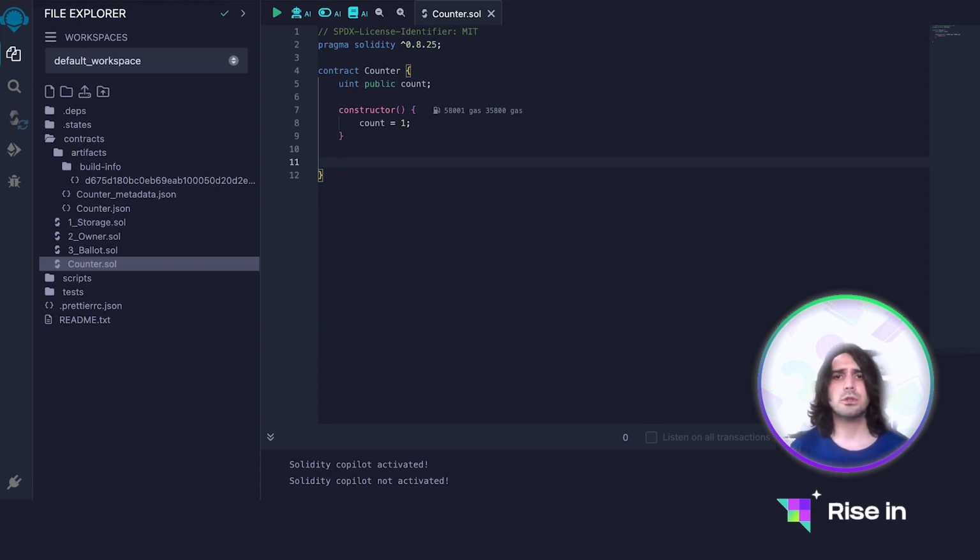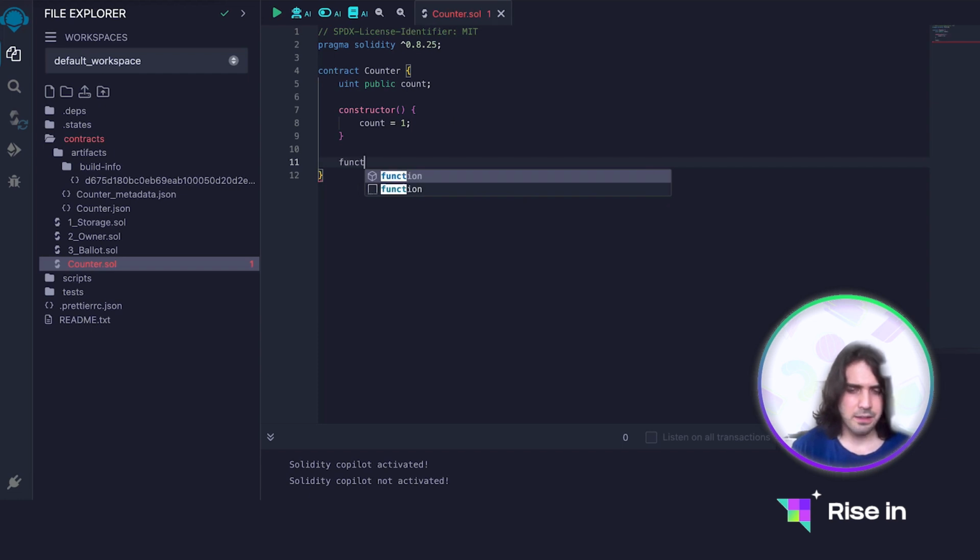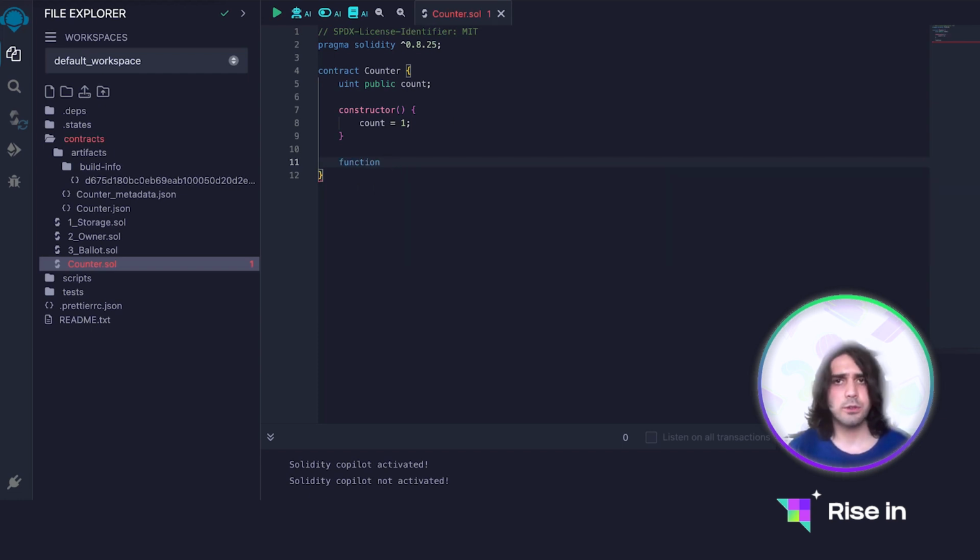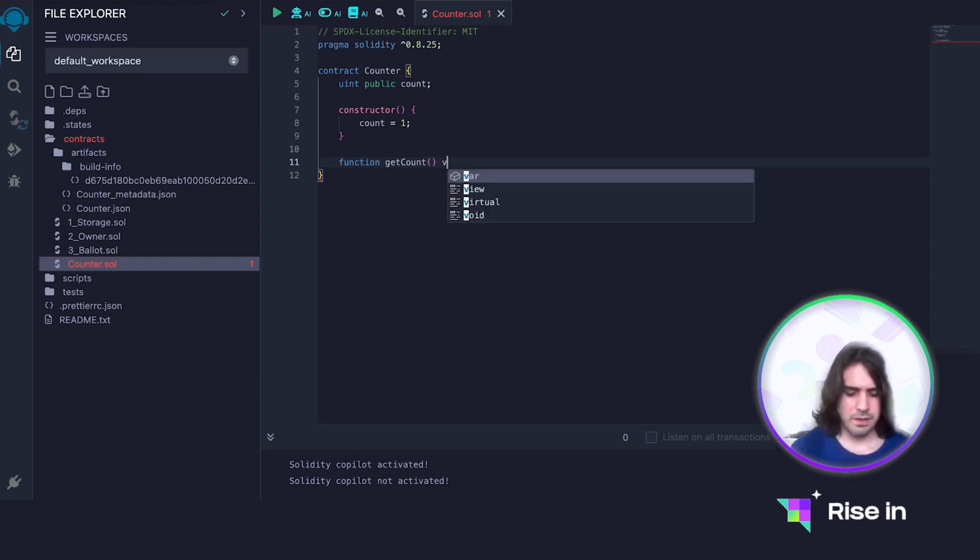So if I want to learn what the count is, I can call, let's say, a getCount function. But if I want to change the count, then I will need a setCount function, which is going to be an execute function. And since we are going to change some data, we are going to pay a gas fee for it. Now let's say function, and that's how we are going to define our functions. getCount, and this will be our query function. We are going to say view returns